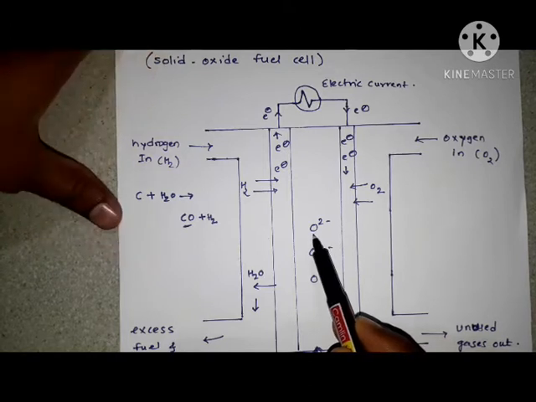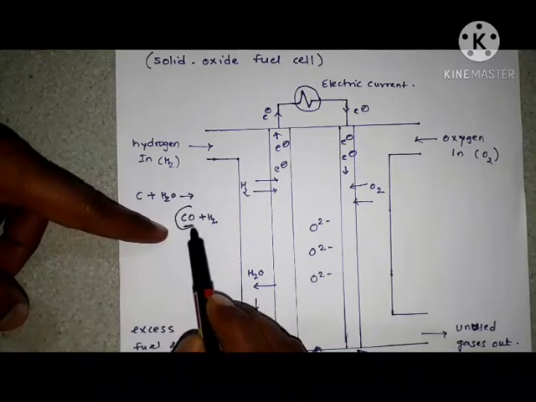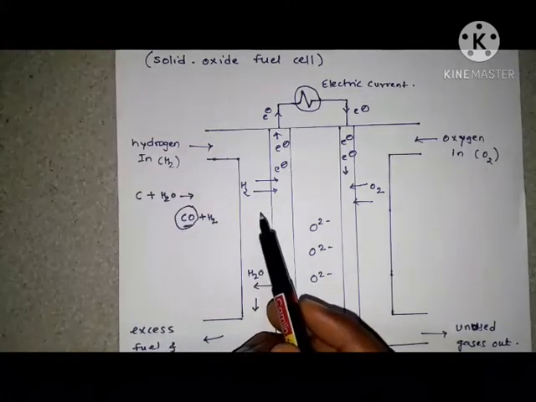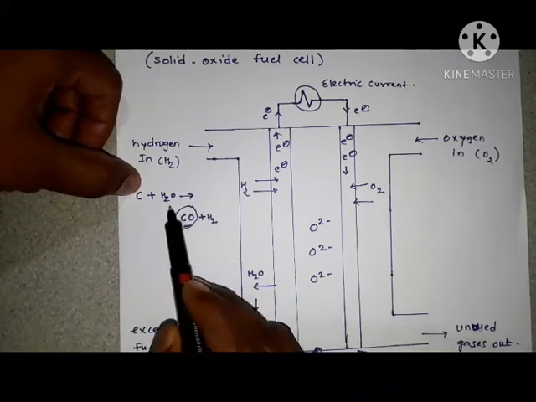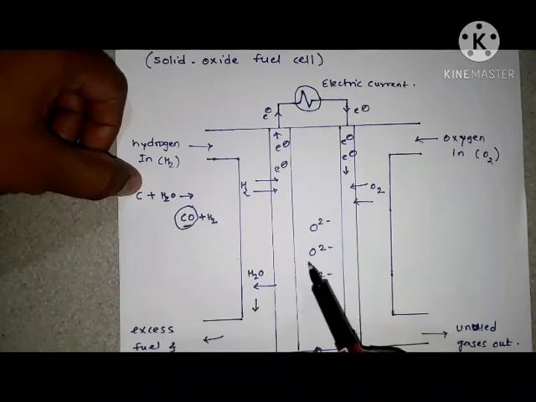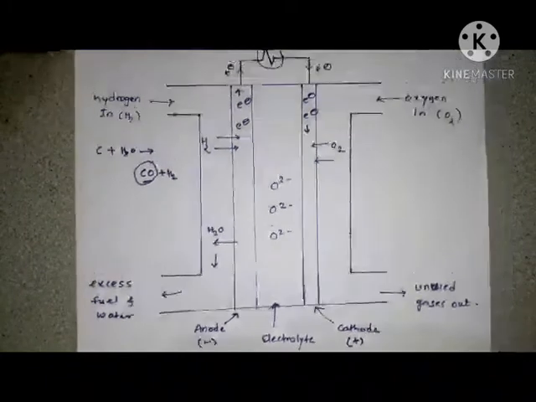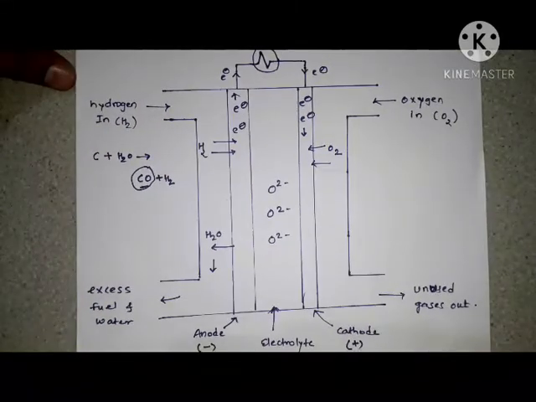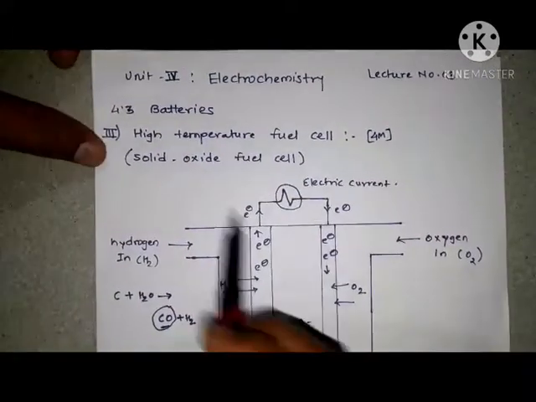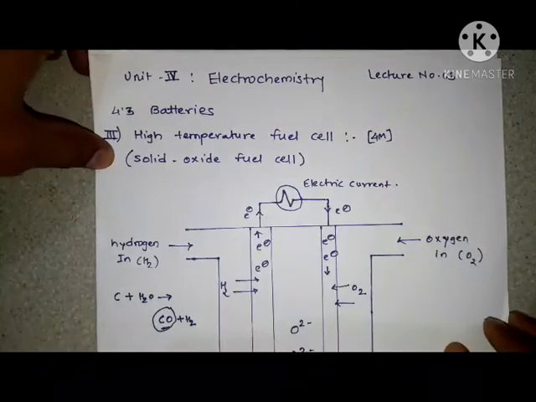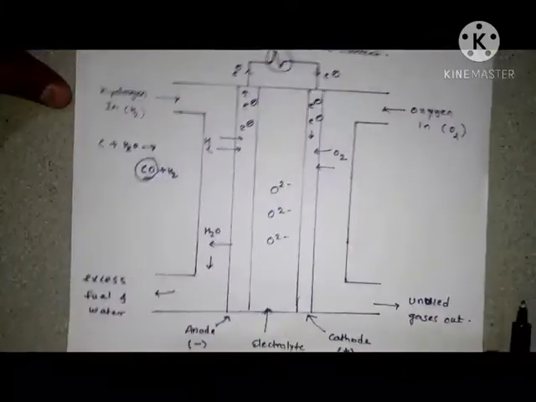Oxygen also reacts with this carbon monoxide, and it is already entering into the reaction, by using carbon plus H2. Then this fuel cell operates at very high temperature, because as we know, the name of this fuel cell is high temperature fuel cell. That means in this fuel cell the operating temperature is